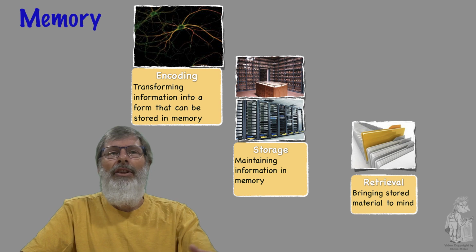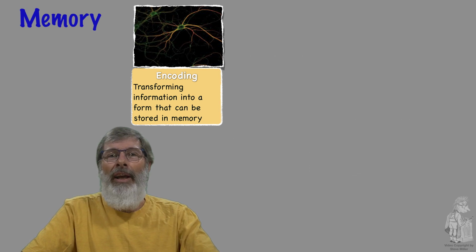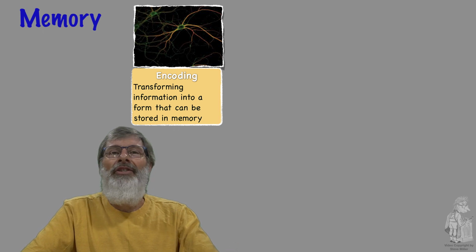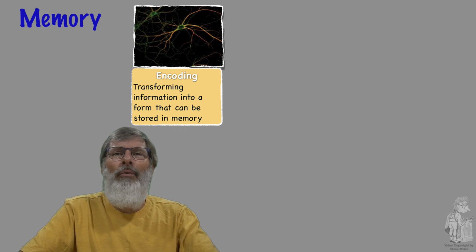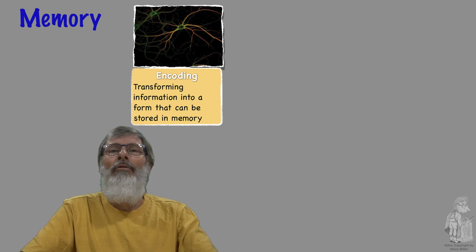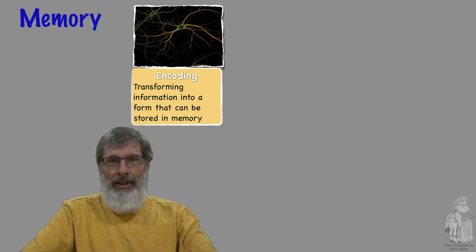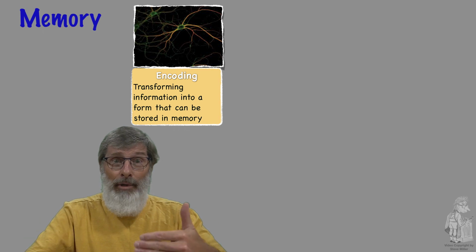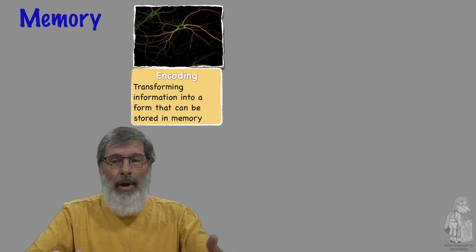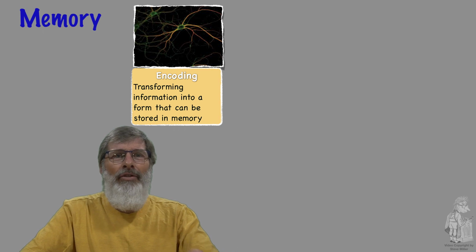Encoding. Encoding is about information about the outside world and our senses in the form of some sort of physical and chemical stimuli. So when we encode information, we transform it into a psychological format that can be represented mentally. We must pay attention to the material for it to be encoded. So anything we spend time on, anything that we are focused on, is what we can be encoding, putting into our memory.